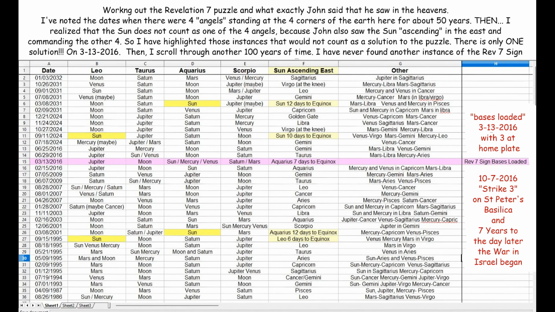Exactly 8 years to the date, and exactly 8 chapters to the verse, until the Revelation 15 sign occurred in the heavens, which was God's magnificent menorah of all 7 of the luminaries, and the sun standing in the center to light them all.